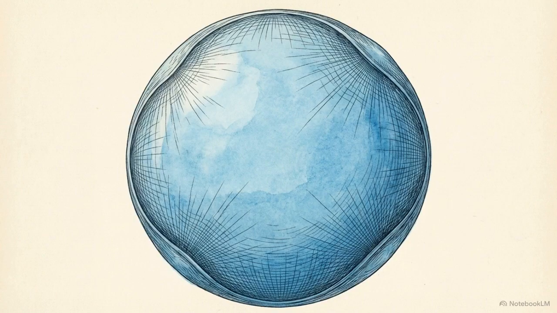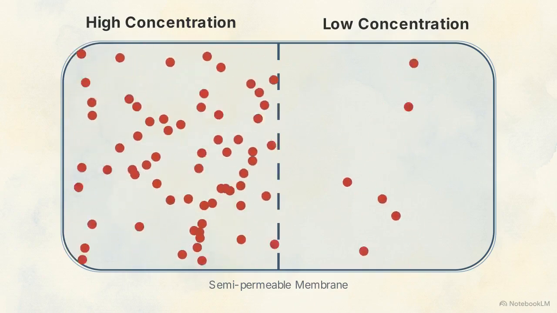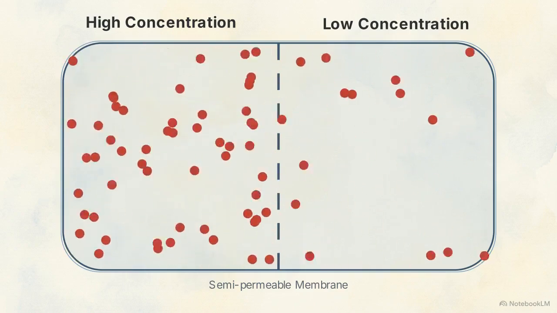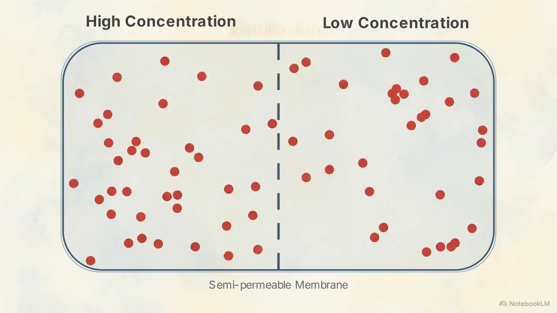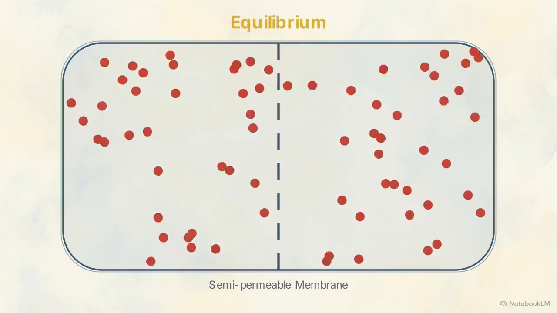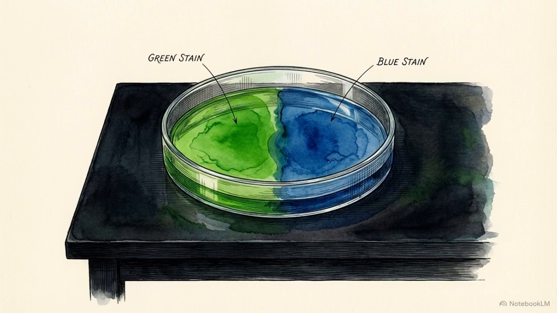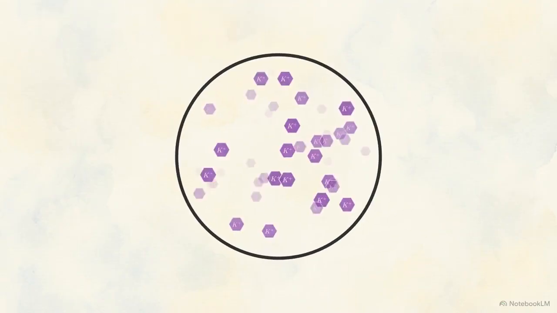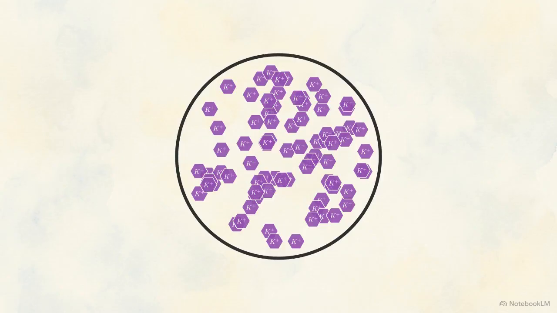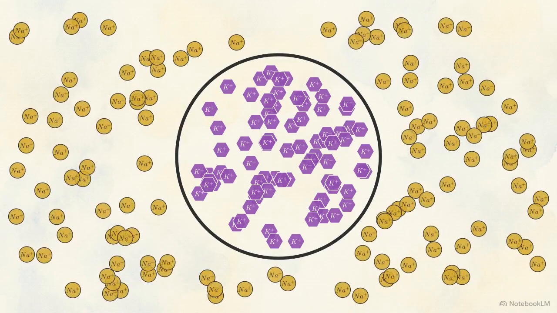Viewing the cell as a fluid solution creates an immediate physical problem. According to the simple laws of diffusion, ions suspended in a fluid environment should rapidly cross the semi-permeable membrane until their concentrations equalize on both sides. Yet observed biological reality contradicts this expectation. Living cells maintain steep, highly unbalanced concentration gradients, characterized by a massive volume of internal potassium ions and a strict exclusion of internal sodium ions.